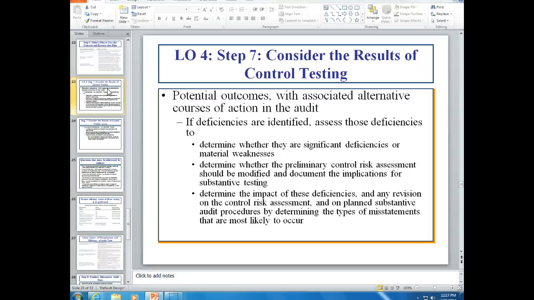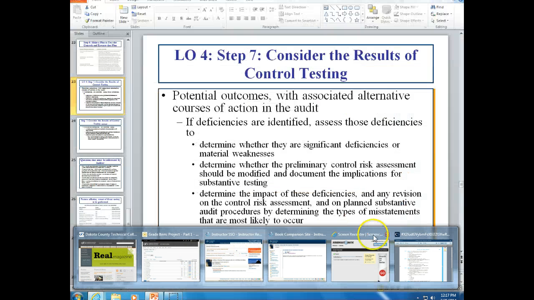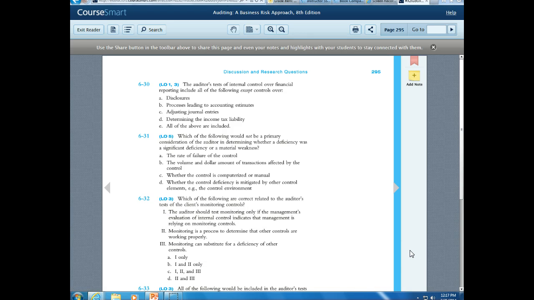Significant deficiencies, a deficiency or a combination of deficiencies in internal controls that is less severe than a material weakness, yet important enough to merit attention by those responsible for oversight of the company's financial reporting. In layman's terms, a material deficiency is something that really could alter the financial statements. A significant deficiency isn't as severe, but definitely something to warrant looking at and be mindful of. Okay? So as we go back to this problem here,